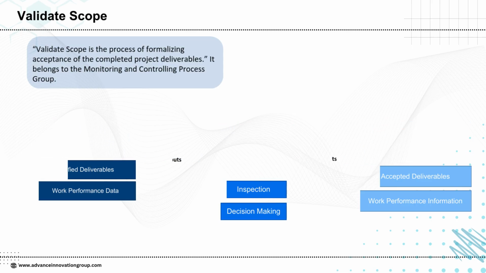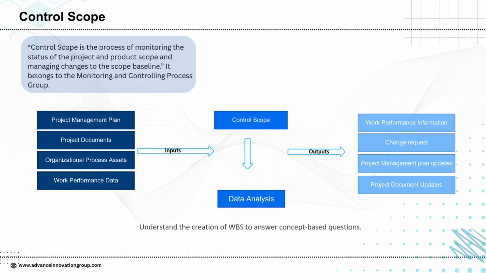later in the project. Control Scope is about monitoring and managing the status of the project and product scope so that the project stays aligned with the defined scope baseline. It uses inputs like the project management plan, project documents, organizational process assets, and work performance data. Through data analysis, it identifies any gaps or deviations, and the outputs include work performance information, change requests, and necessary updates to the project management plan and documents. In simple terms, it ensures the project does not expand beyond agreed boundaries and that any changes are handled in